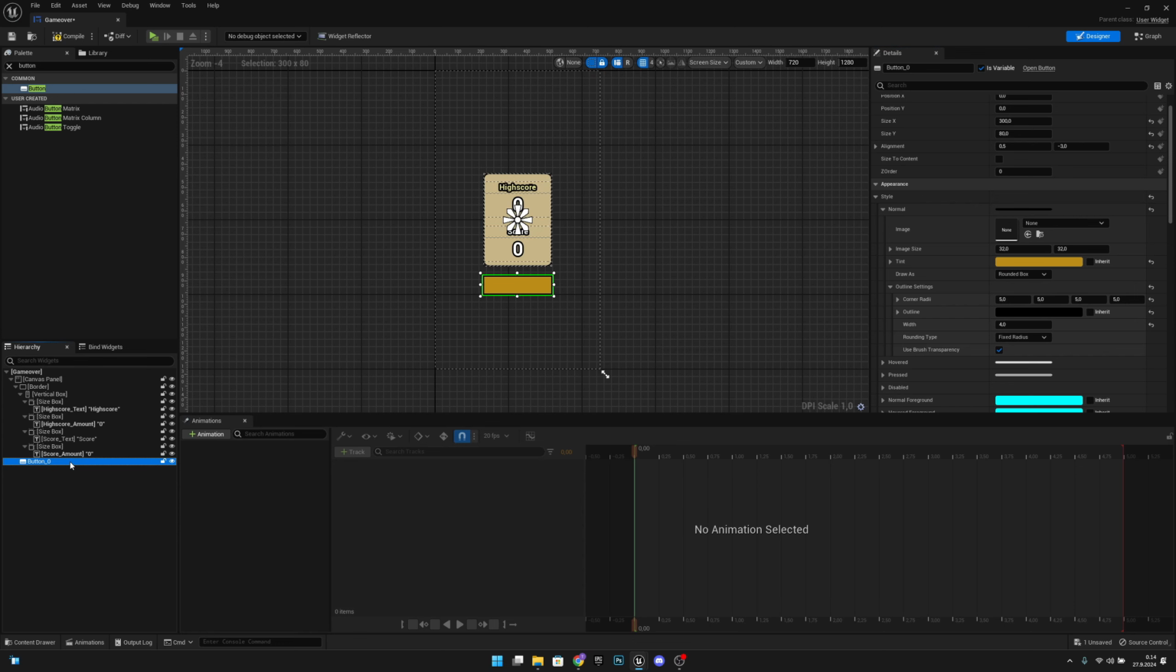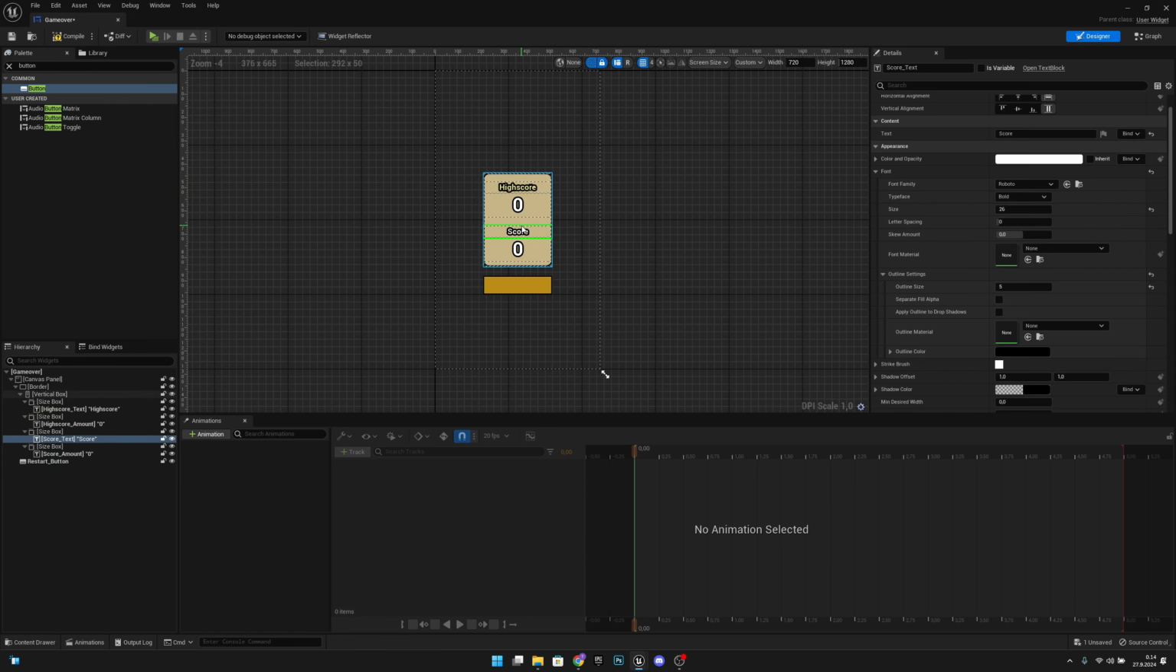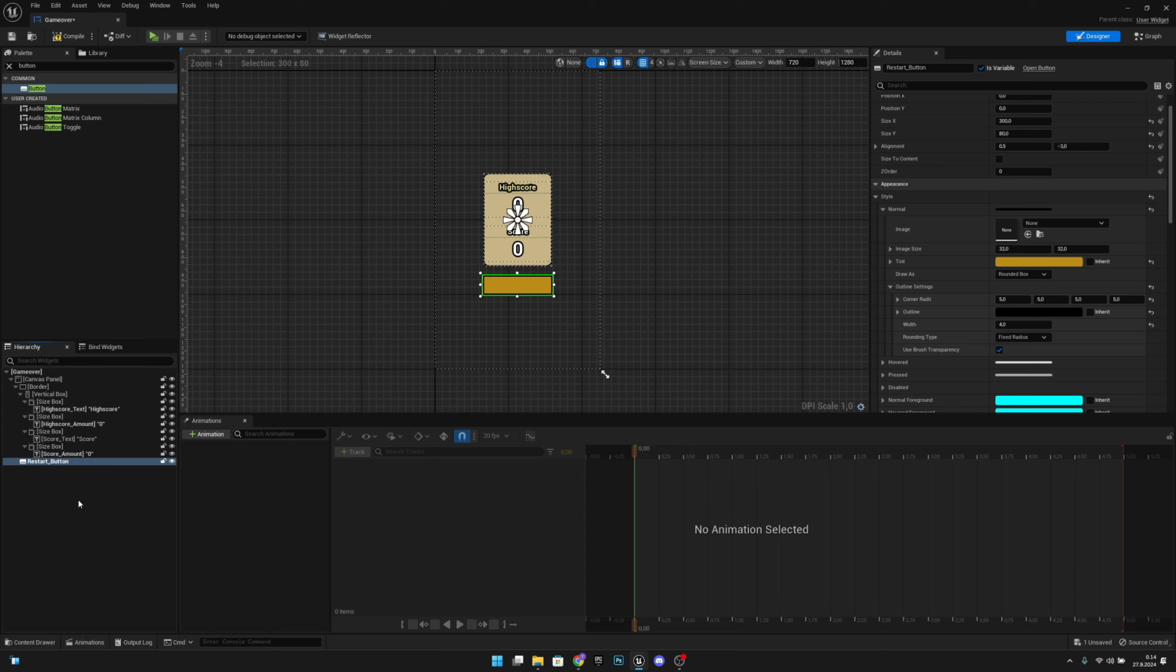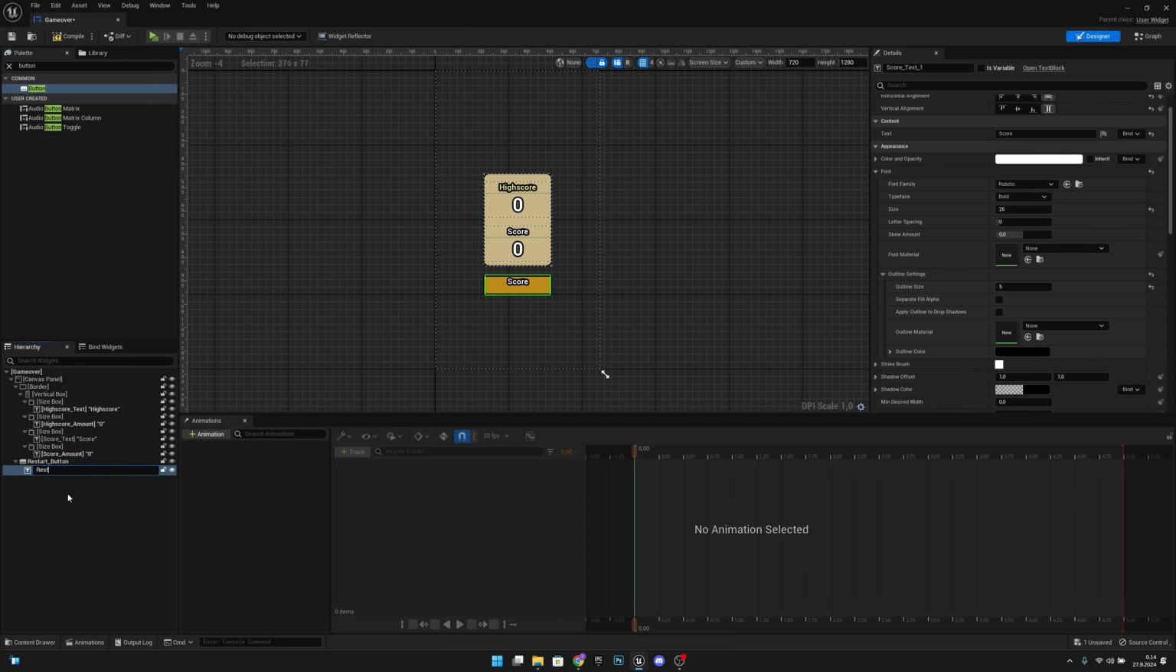Okay, let's rename this button to restart button. Now, what we want to do, we want to actually select one of the text slots, so maybe the score from here. Let's copy it and let's paste it under the restart button. Now let's rename it to restart text. Okay, and now here on the restart text, let's change the text to restart, of course,